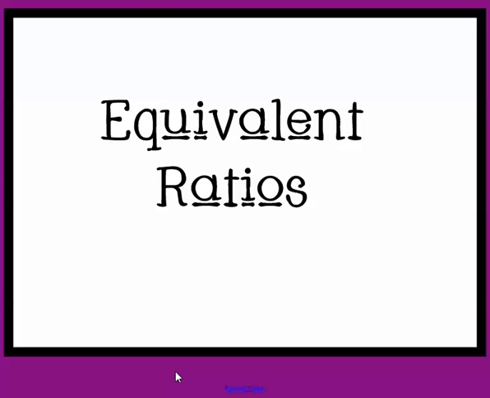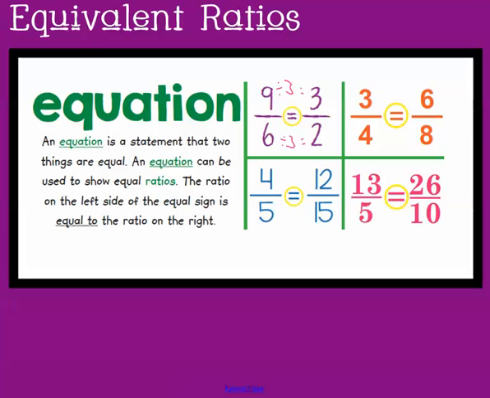This lesson looks at equivalent ratios. As we work with equivalent ratios, it's important to understand what an equation is. An equation is a statement that two things are equal. We can use an equation to show equal ratios as well. That means the ratio on the left side of the equal sign needs to be equal to the ratio on